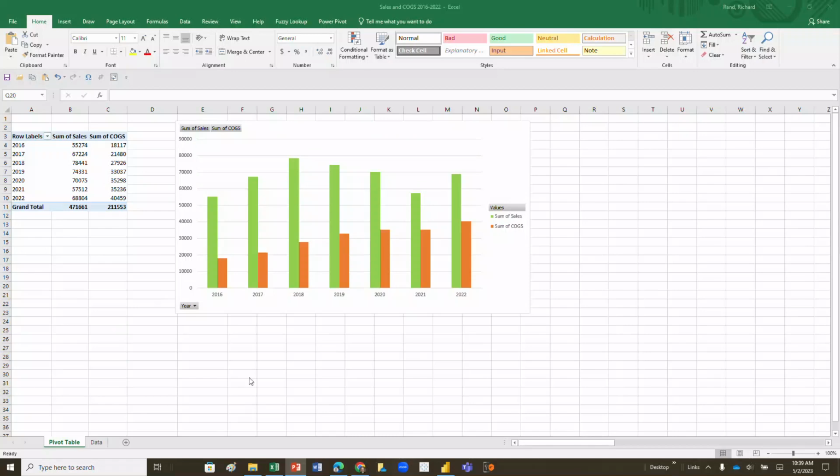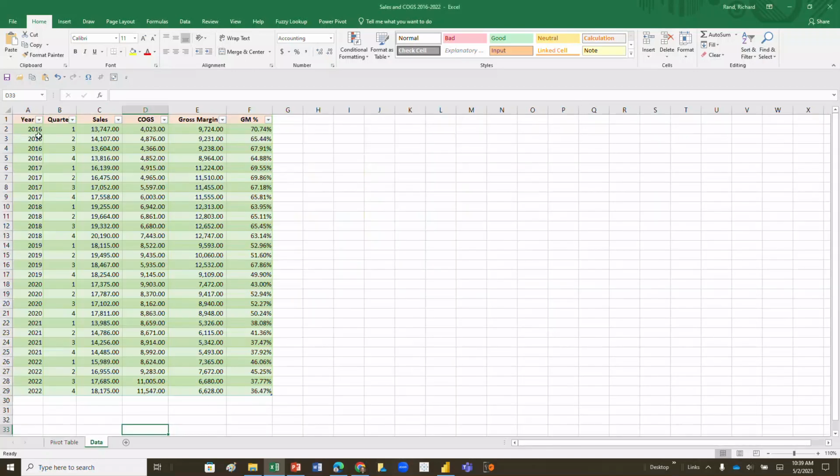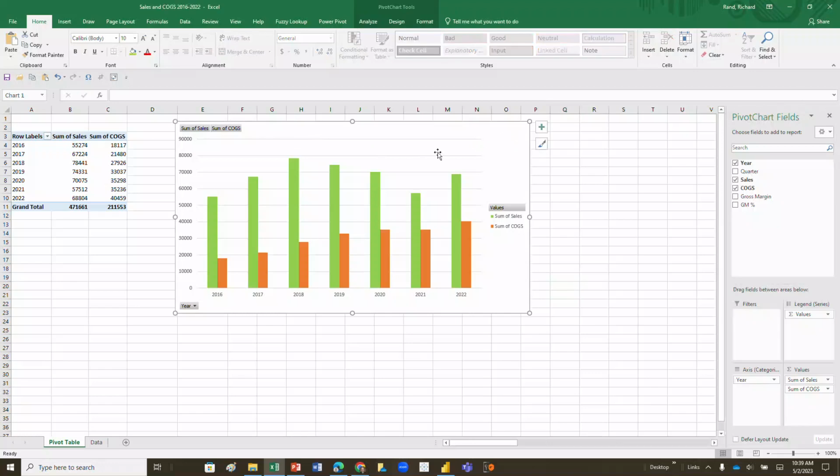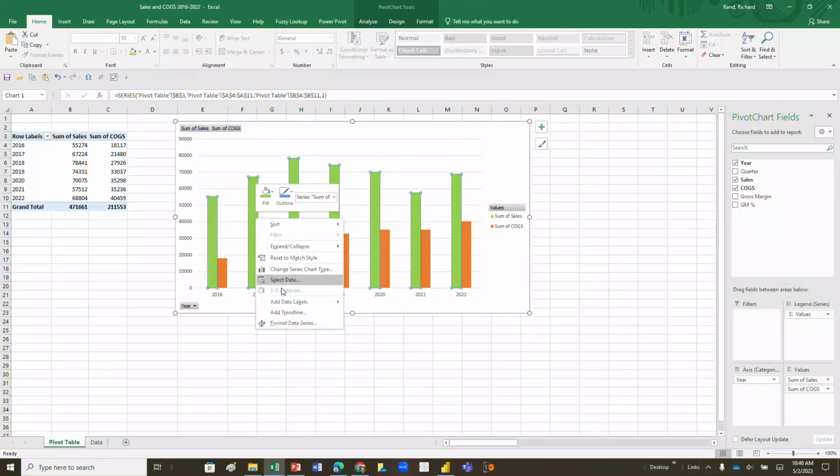So this is a bunch of data we've looked at before. This was just so you have a look at it, we had quarterly data from 2016 to 2022, sales, cost of goods sold, gross margin, and gross margin percentage. I created a pivot table, and if you've been following my videos, you've seen this before. So what if we wanted to do something a little different? So we looked in another video at how to add a trend line to each one of these two data series,